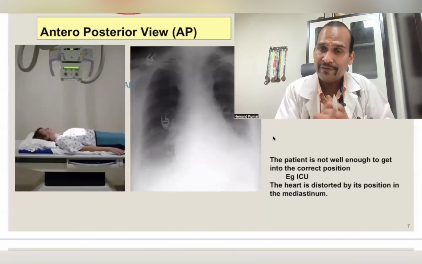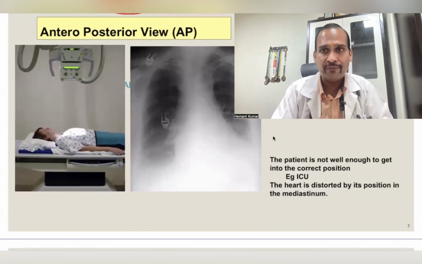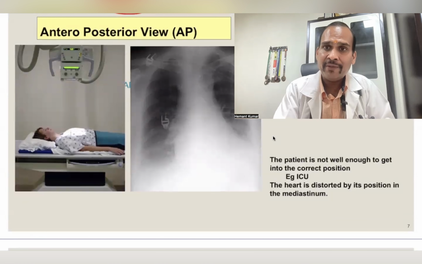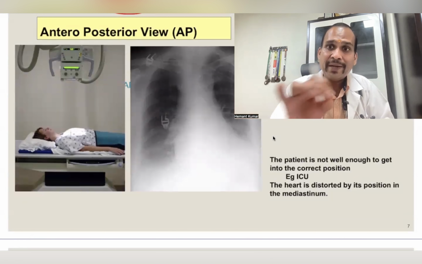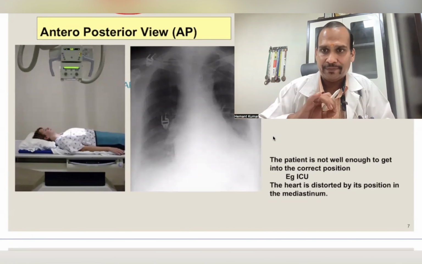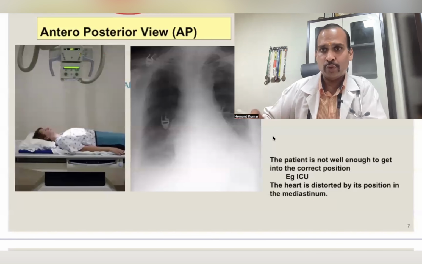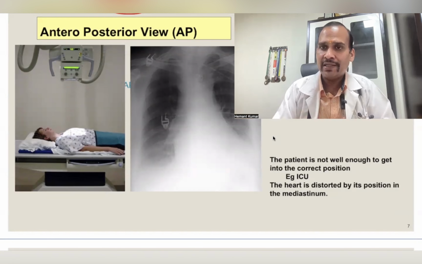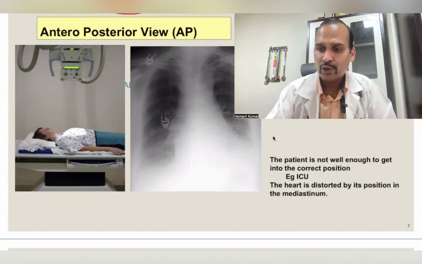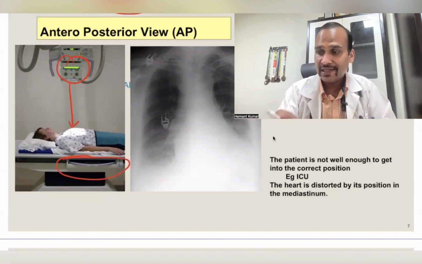Another view is AP view, anterior-posterior view. This is a less preferred view in the field of pulmonary medicine. It is done when the patient is not able to go to the radiology department. So mainly bedside X-ray. Whenever the patient is in the ICU or ward, or has trauma, and cannot walk or cannot stand, bedside X-ray is done and it is mostly the anterior-posterior view. So you can see this is the X-ray tube, radiation is coming from anterior and the plate is kept on the posterior. So this is AP view.